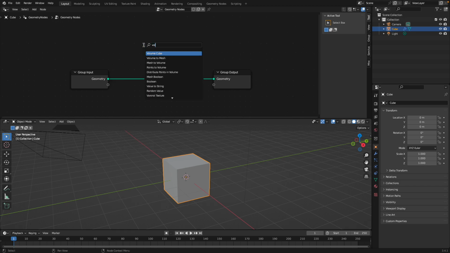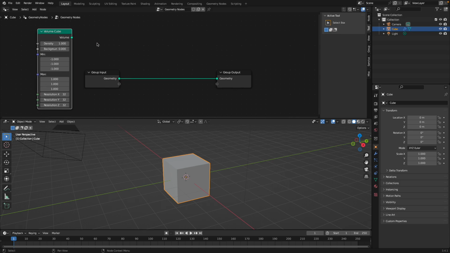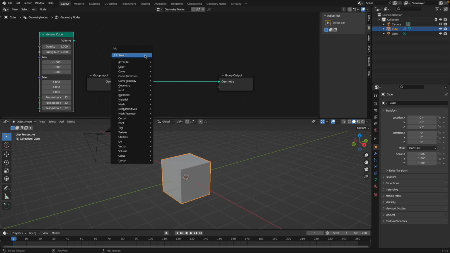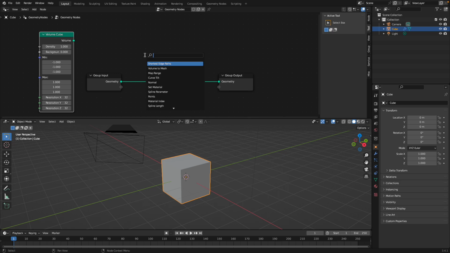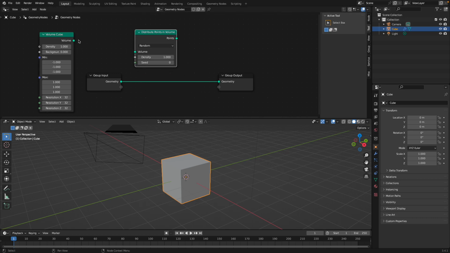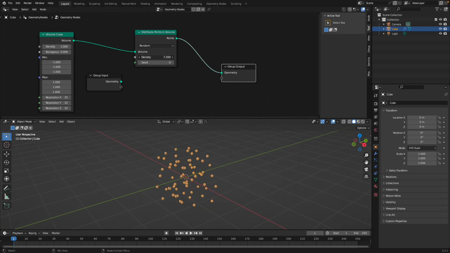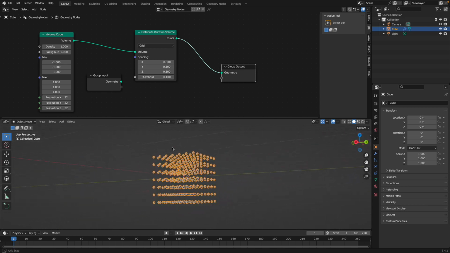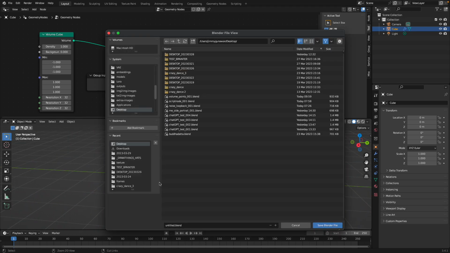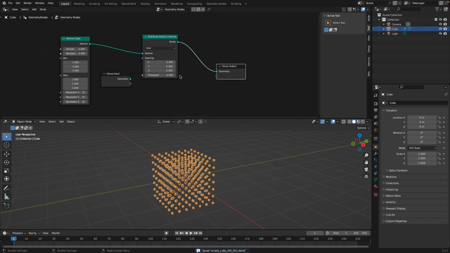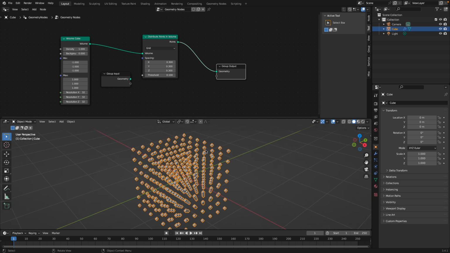If you feel advanced, you can start with just a volume cube, or convert this cube into a mesh, and then turn it back into points, like distribute points inside volume. Then you increase the density, or you use a grid, so you get this kind of LED grid. Let's save this very quickly. Simple cube LED. And the simplest one, because you already have points here,